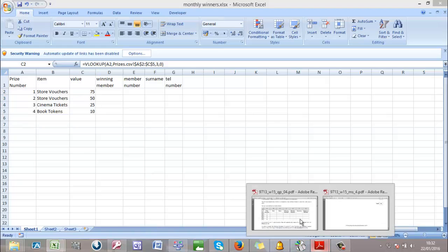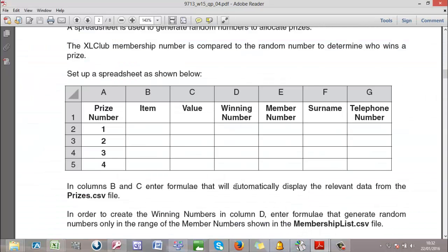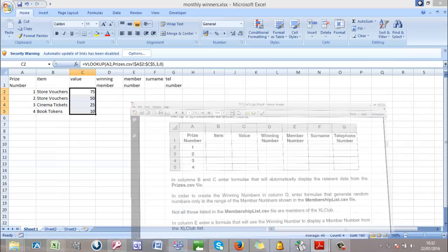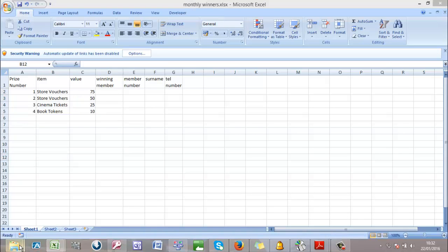Okay, good. So that is solved. In order to create winning numbers in column D, enter a formula that will generate random numbers only in the range of the members shown in membership. So before we continue, let's look at that file,